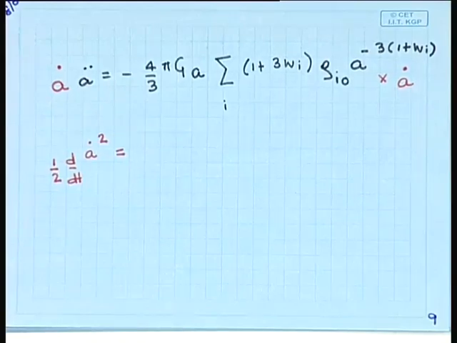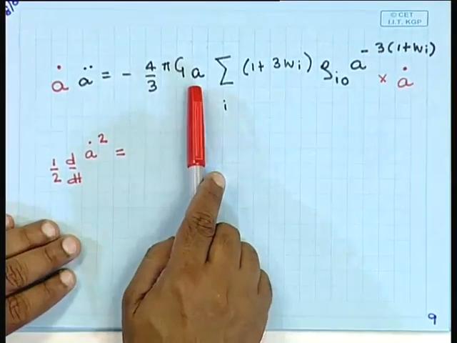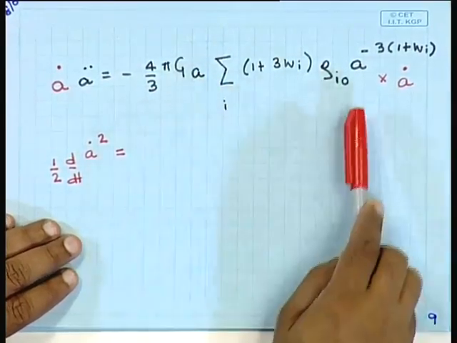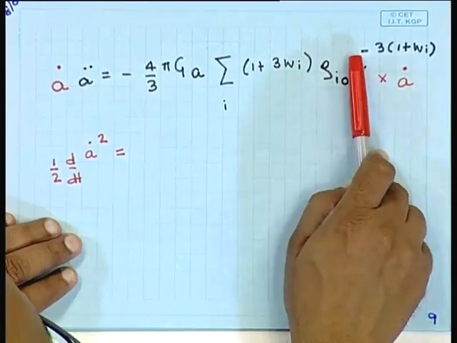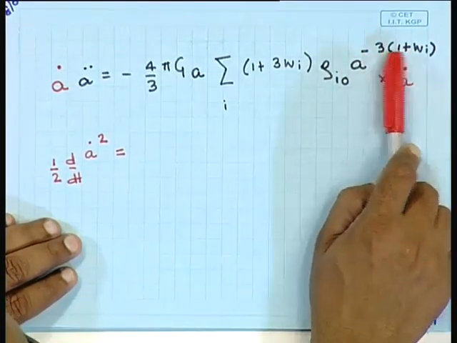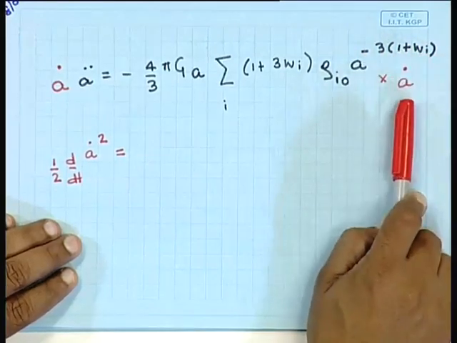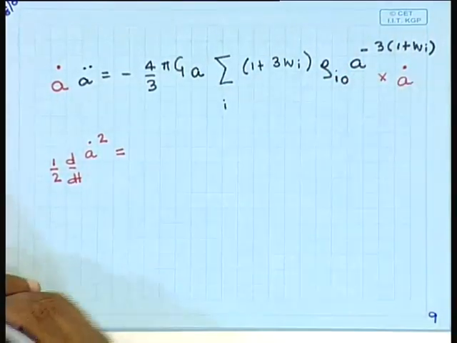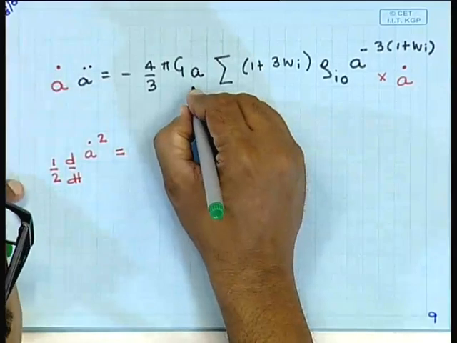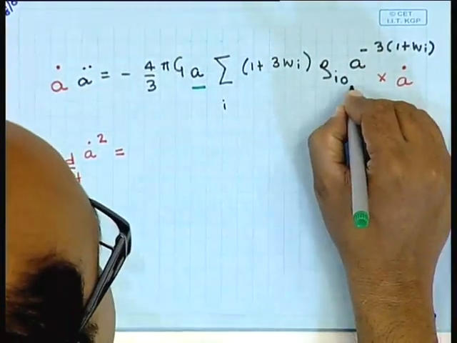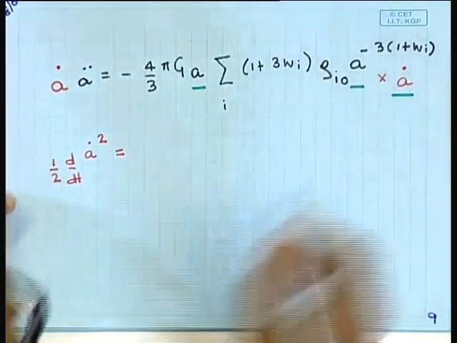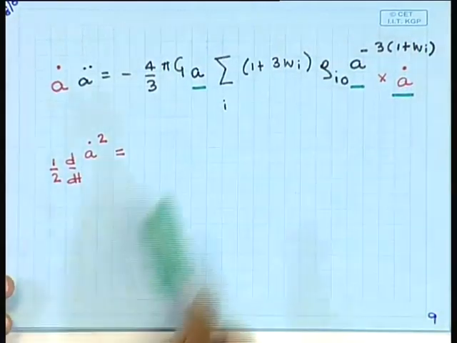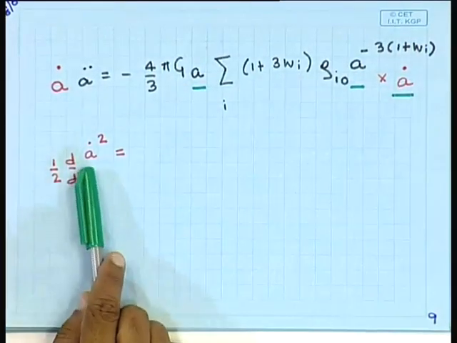Now, we want to write this term. There is a factor of a over here. There is a to the power minus 3 into 1 plus w I over here, and there is a dot over here. We want to write the combination of this, this and this, which are the only three terms which are functions of t in this expression. We want to write this combination as a total derivative of some function of a,